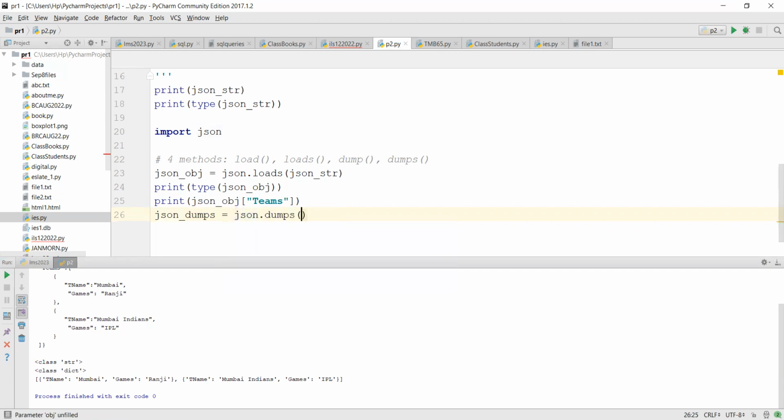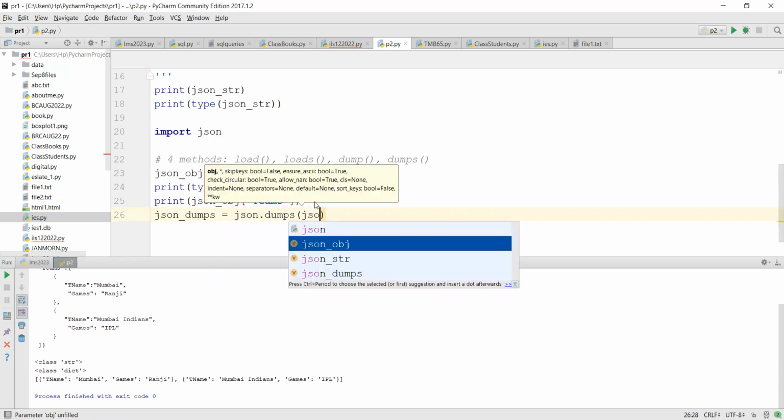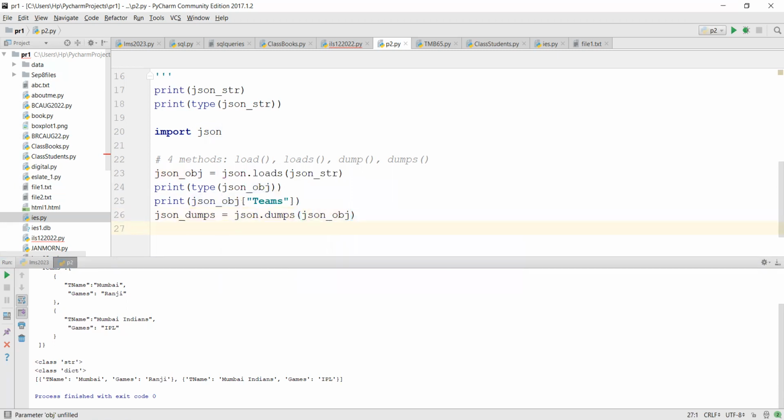I want to print it on the screen as a text format, and here I will add the JSON object. And when you print json.dumps, see, this is like your normal dictionary, but here the advantage is,